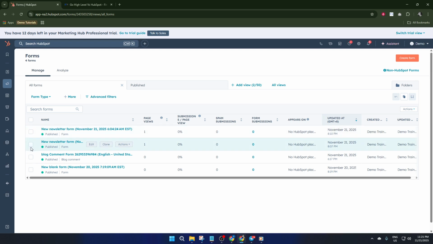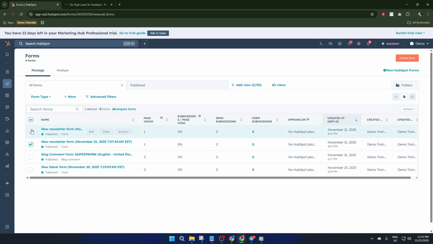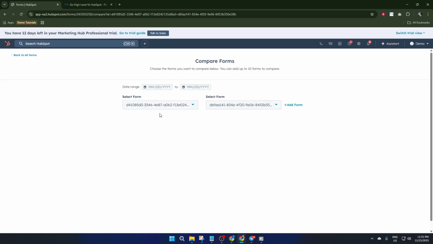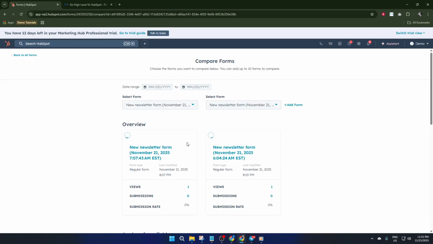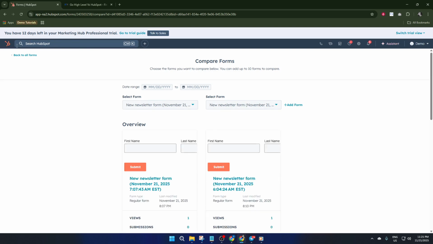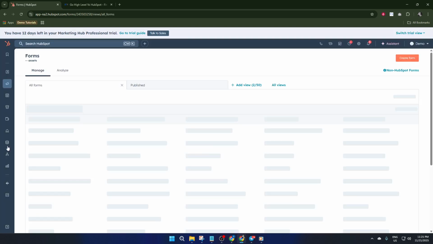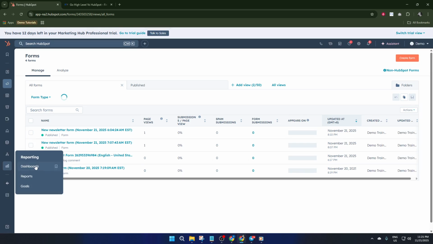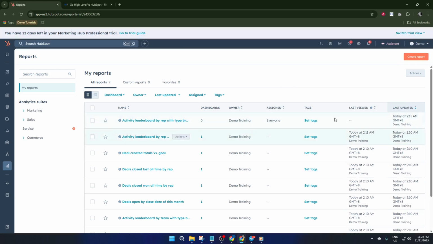Let's switch gears for a moment and talk about custom reports. For this, navigate over to Reporting, then Reports. You'll spot the Create Report button. Go ahead and click that. Select Custom Report next, which lets you build a report tailored exactly to your needs. Here's a tip. For forms analysis, set your primary data source to something form-related, like form submissions or form analytics,